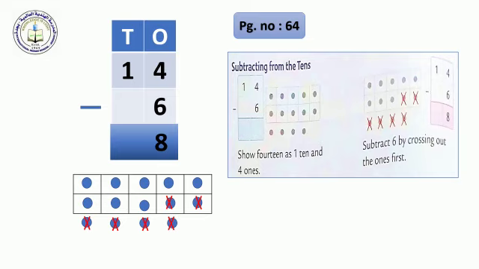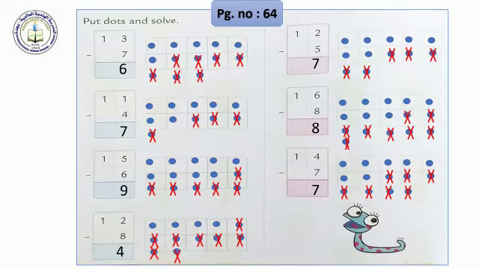Children, to complete all the sums in this exercise, you have to put the dots in ones and tens places and then cross out the ones first to find the answer. Let's start from the first one. Children, to solve these sums, first you have to put the dots in tens and ones for all the sums. And then start crossing the dots from ones place to find the difference. For the first sum 13 minus 7, you are